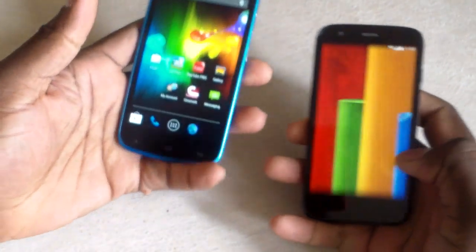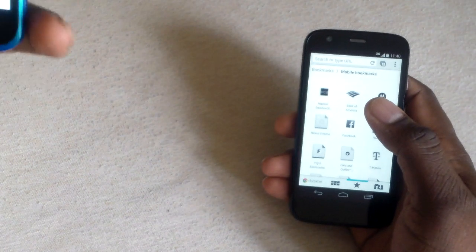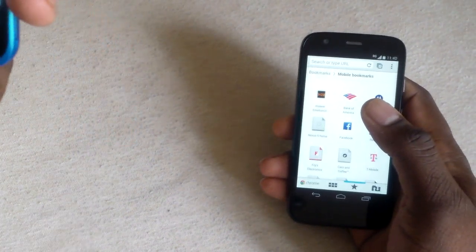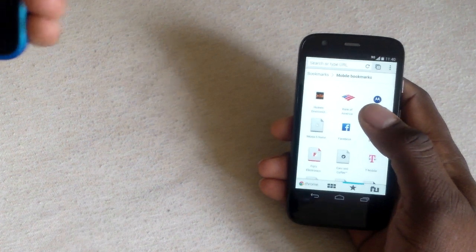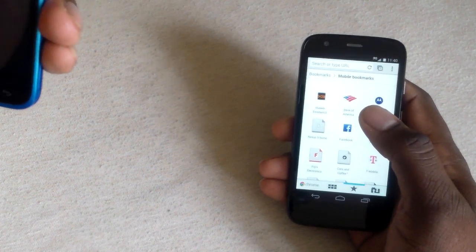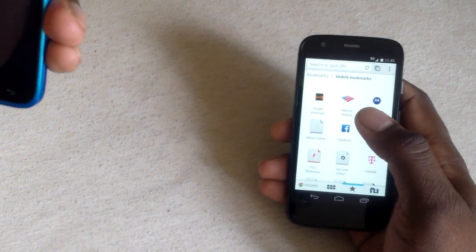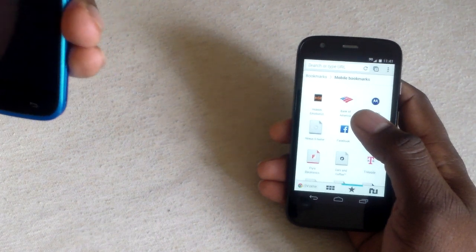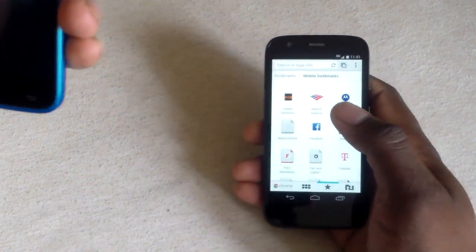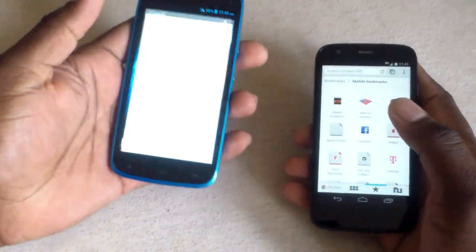I'm going to open up a web browser here. I should have it clear on both here, so I'm going to make sure. Yeah, there's lots of windows open on here. Closing them out. Wow, the Life Play has like 15 windows open. My little girl's been watching all kind of videos and girly stuff. Sorry guys, I'm closing these out here. Alright, so now they're both clear,